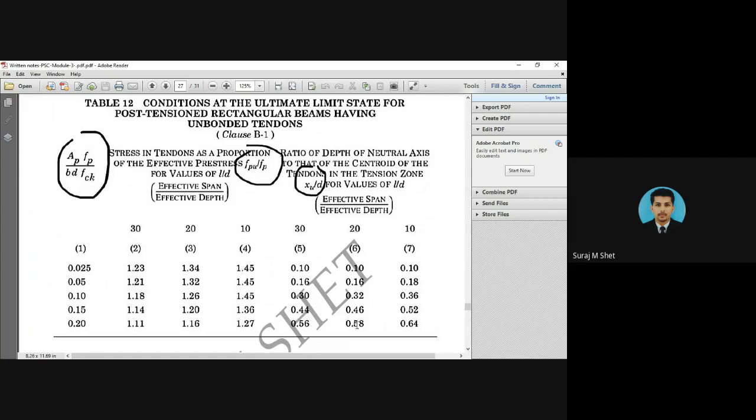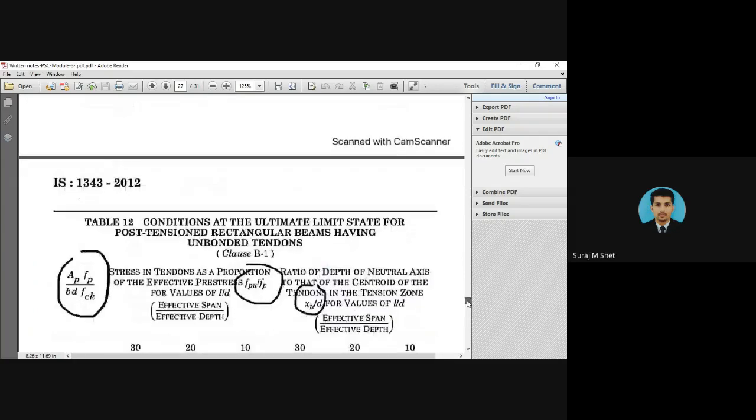The value is 0.58. So how to get 1.16? You got it. This is 1.16. For 0.2, if it is more than 0.2, this is the maximum value. You have to neglect it. If I am getting 0.25, neglect, and I have to assume 0.2 only. So that is how to get the FPU divided by FPE value of 1.16. You got it now, right? I hope you understood.